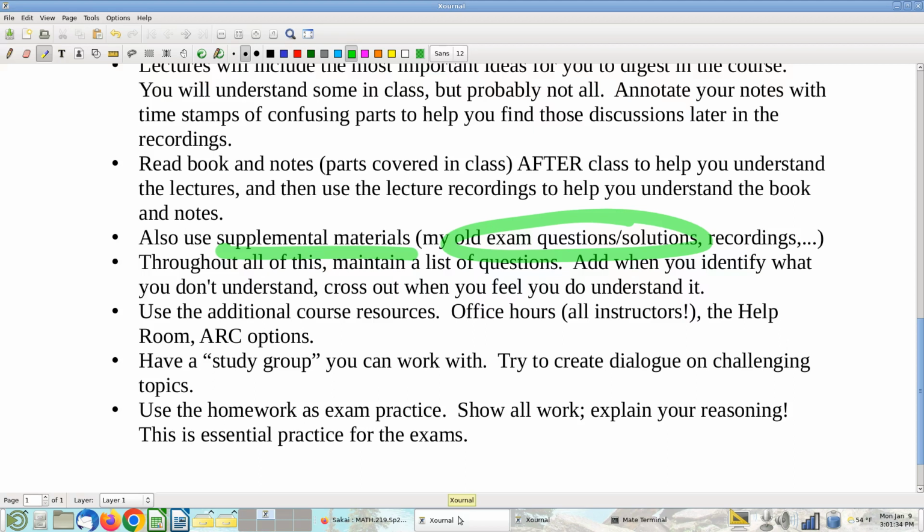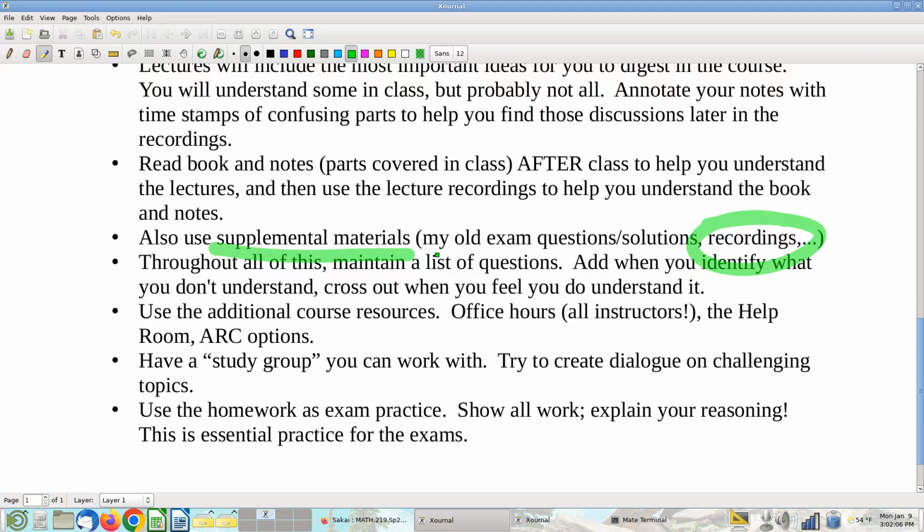Okay. All right. Old recordings. Other supplemental material. Every class that I've taught since, I think, 2015, maybe a little bit earlier, I've forgotten. Anyway, for quite a few years, I've been video recording all of my class lectures. So now, how does this affect you? Well, if you want to get a slightly different take on